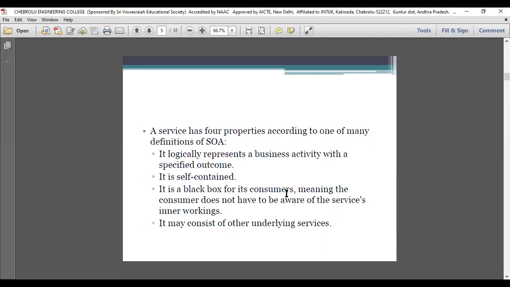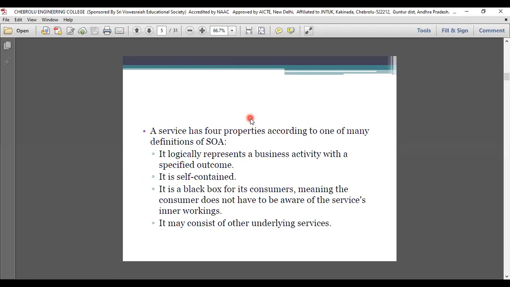So see here, what are the service oriented properties? It has four such properties. Along with that is a logical view. Logical view means it has a specified outcome; it won't accept, design, or concentrate on others. What it has been designed for should be specified. And self-contained, so it should contain its own data and should not depend upon other representations.